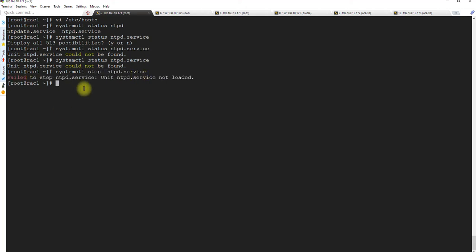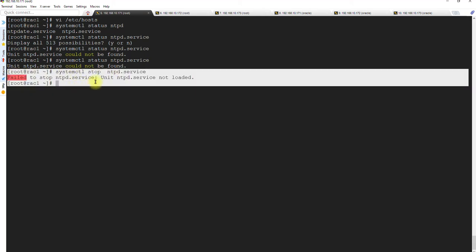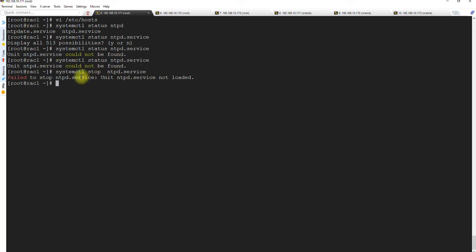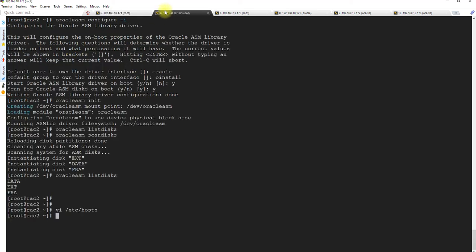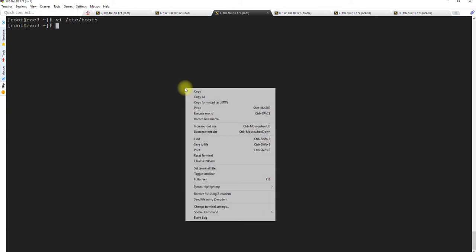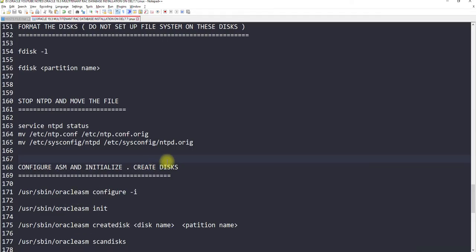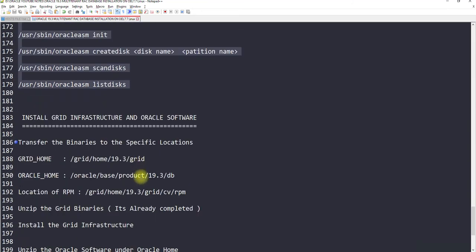Okay, so the thing is that initially during the operating system setup, I have unchecked the NTPD itself, so it's not loading, so it's a good thing. Okay, so I'll check on all of them, better, right? I don't want this particular service to be running on any one of them, and I hope that I haven't started any one of them. Okay, so yeah, so everything is done. This particular thing is done. We have already copied the file.